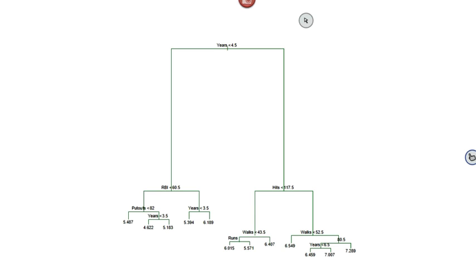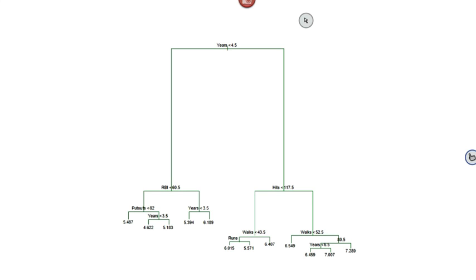Because remember, each time, the algorithm with the tree is going to select one out of all the predictors, and it will make a split using the values of this predictor that will guarantee the most reduction in residual sum of squares. Okay. So in other words, at each step, we select the most important feature or predictor. So we will have predictors that will not be selected, and we can conclude that those predictors are not important for our model.